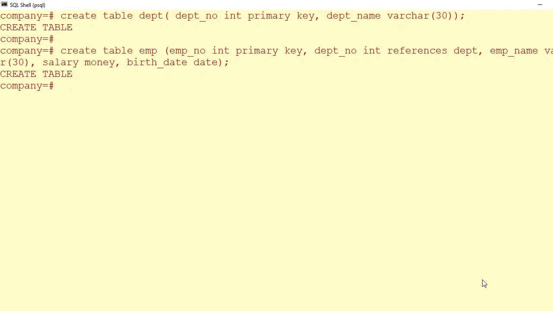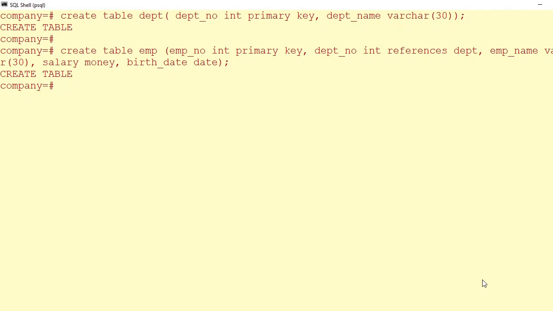This means there is a one to many relationship from department to employee, or many to one relationship from employee to department. So the mapping cardinality that we are going to use is one to many from department to employee or many to one from employee to department.